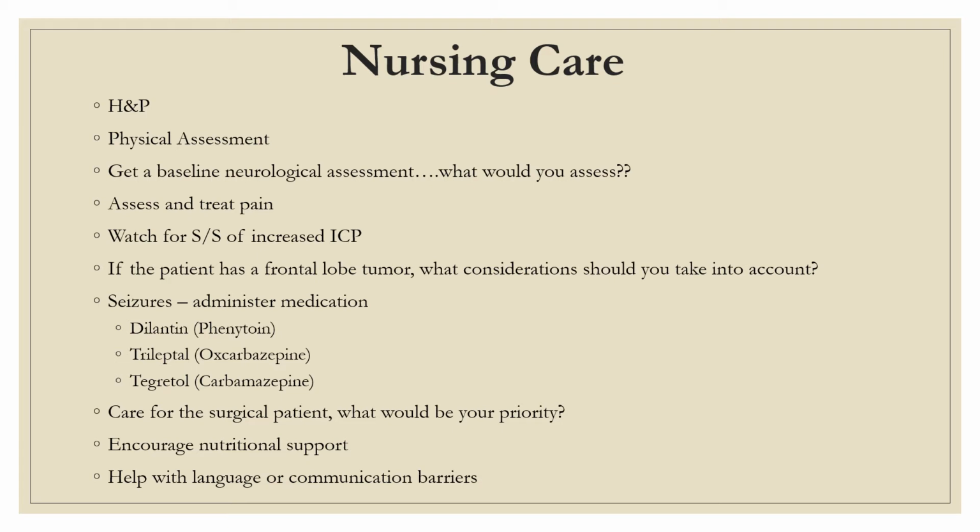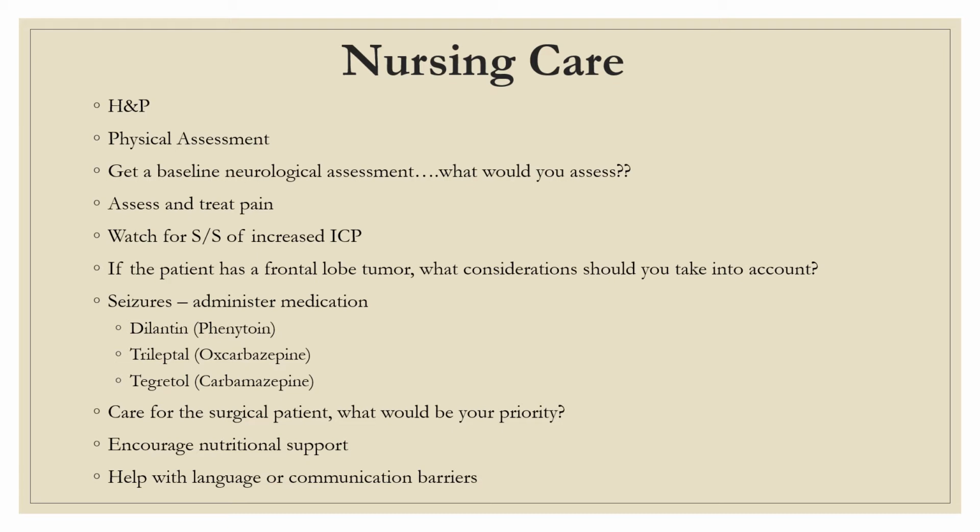What do we want to assess? We want to look at level of consciousness. Are they awake? Are they alert and oriented? What are their motor abilities like? How are their pupils? Do they react? Are they equal on both sides? How's their strength? How's their sensory perception? Do they have balance? Do they have any loss of emotion? Are they confused? How's their judgment? Is it off? Do they seem to be impulsive and depressed?